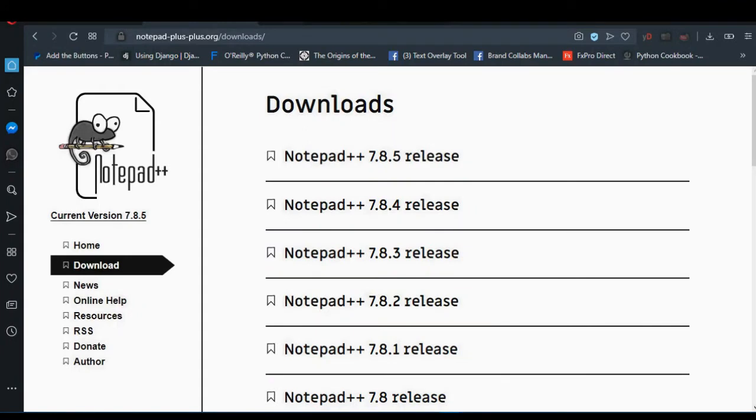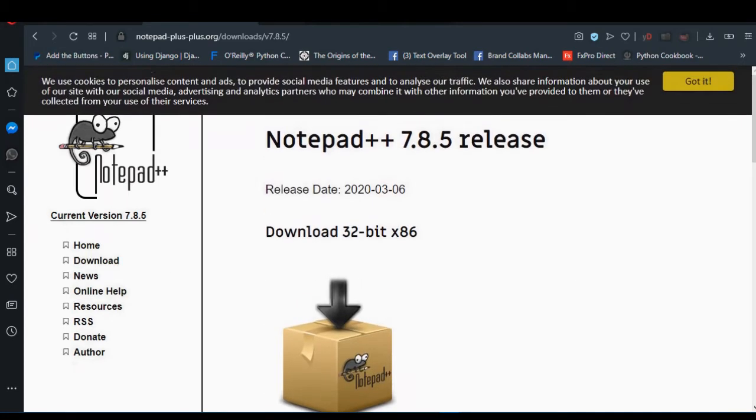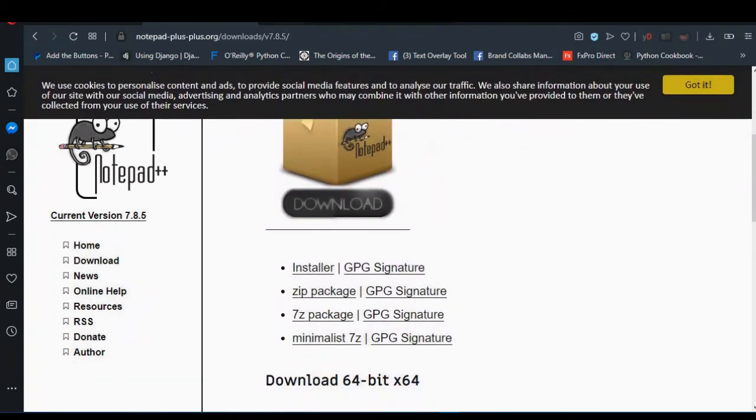Okay, this is the Notepad++ website. So download the latest release, which is Notepad++ 7.8.5 release. Okay, so click on that and to take you to where you will download it. So when you click on download, it will pop up a window to tell you where you would like to save it on your